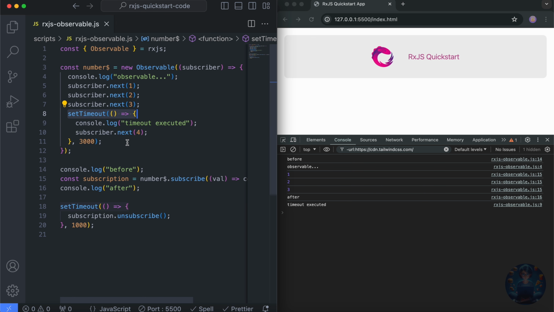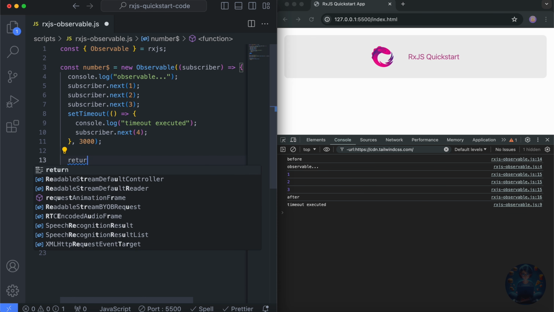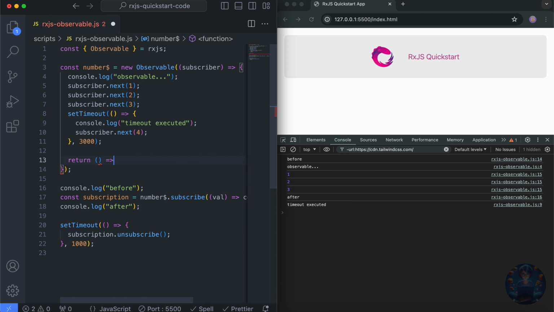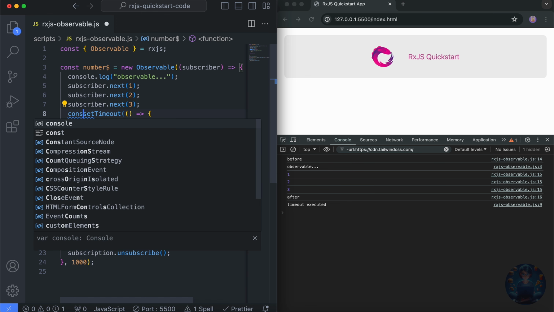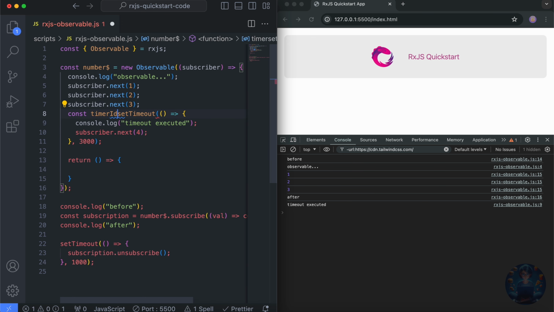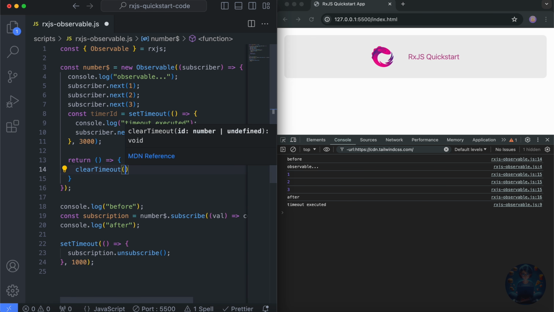So what we need here is the cleanup. Inside the observable, you can do cleanup by invoking return with a function. So in order to clear this timeout, first we need to collect it. Let's call this a timer ID. And we'll copy it and call here clearTimeout, passing the timer ID.